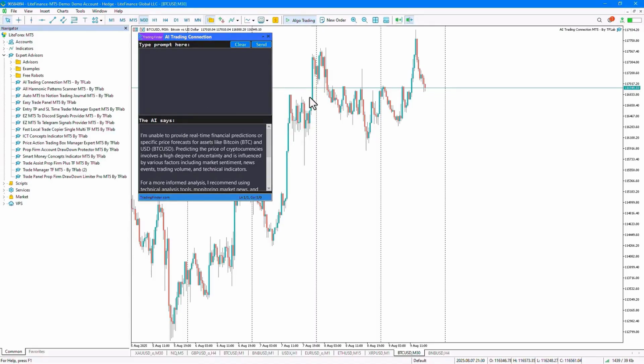And the last point we need to pay attention to is that we must be aware of the limitations. This model cannot give us a 100% accurate prediction. This is just an auxiliary tool for generating ideas, or we can use this section to help with our decision making. But ultimately, the trading decisions are up to us. If we want to enter a more specialized prompt in this section,